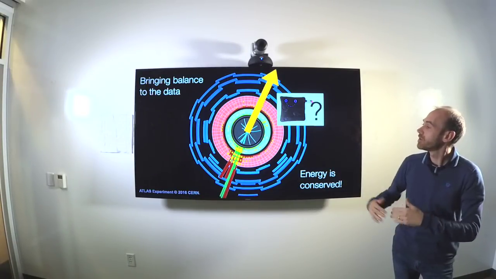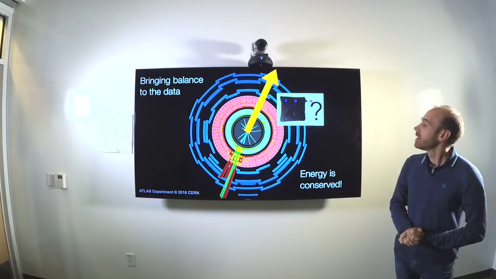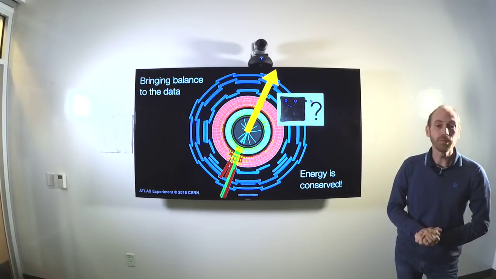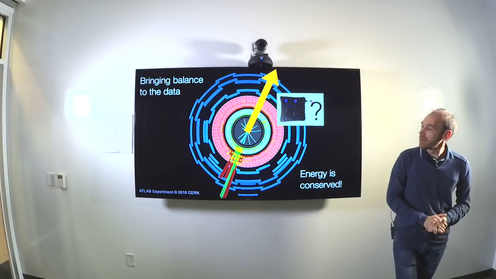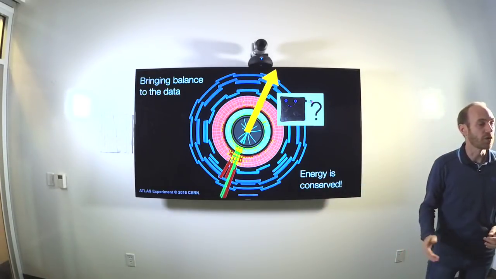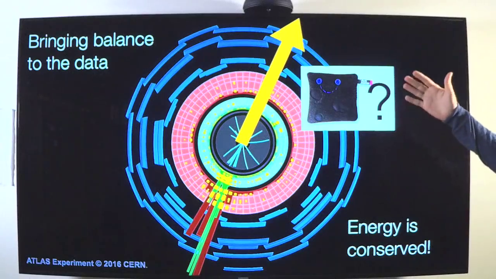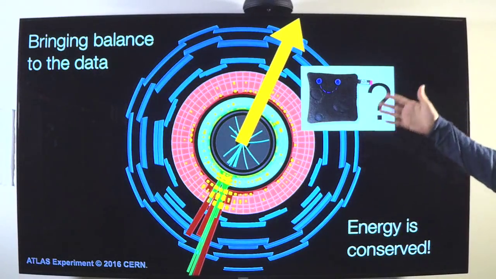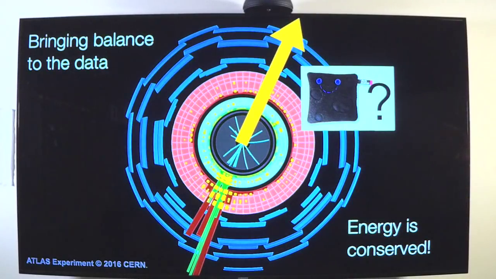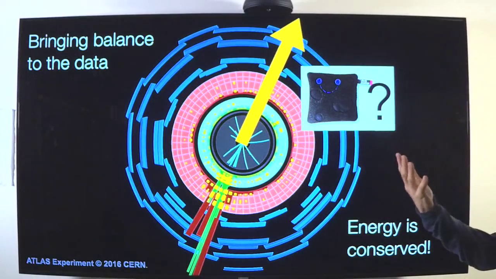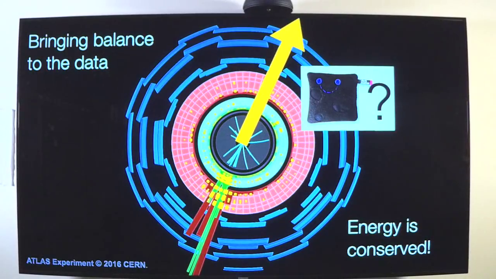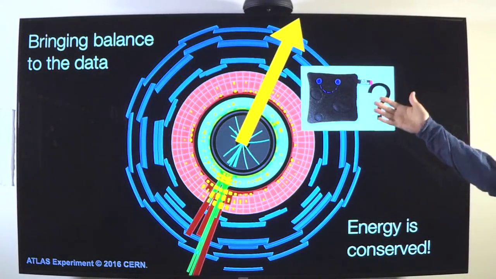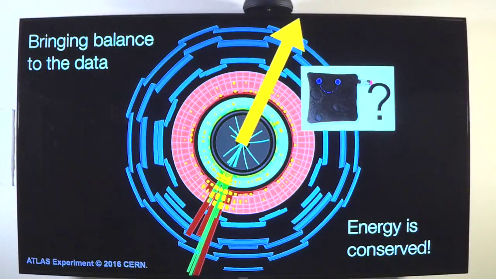Protons arrive from the two sides of the screen and collide in the middle. And here again, you can see an example of the products of these collisions. You see with the different colors a very high energetic set of particles produced in one direction, and a lack of such energy in the other direction, which I depicted with this big yellow arrow. We expect energy to be conserved, so everything that goes in needs to go out. And so looking at balancing the energy in the collision we observe, we can see that something is missing on one side of the detector.